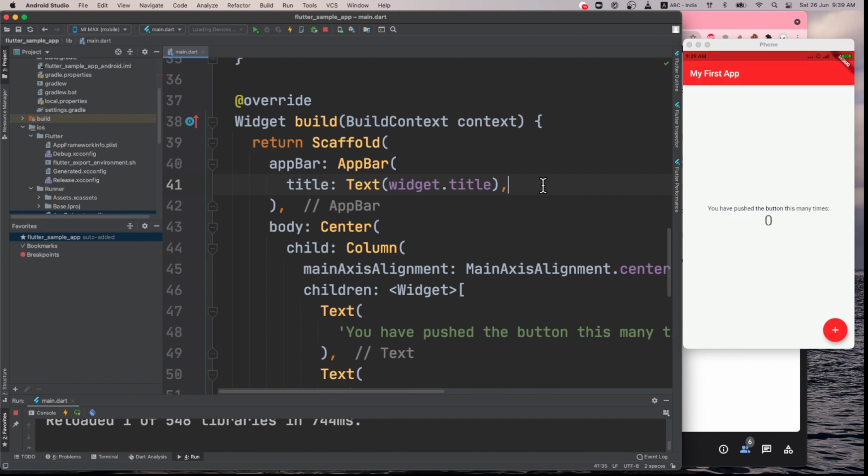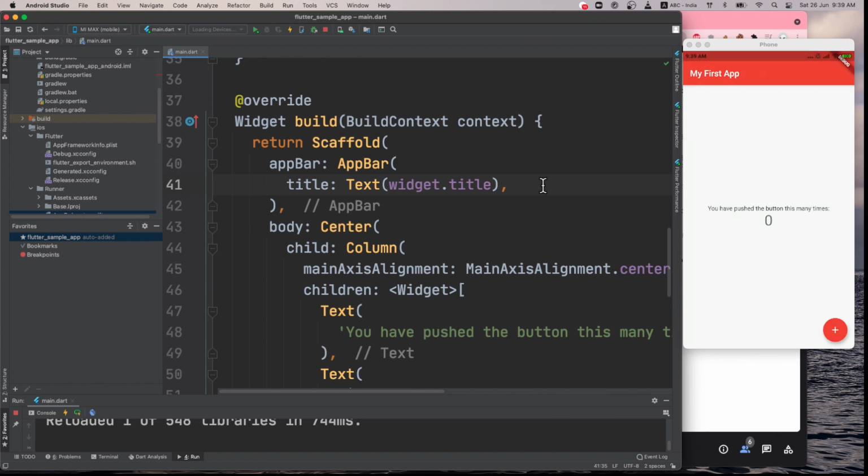Now I will explain about, let me think about what we have covered in this, and then we'll see what to see next. So I showed you the Flutter setup in Android Studio. You can use Visual Studio Code.